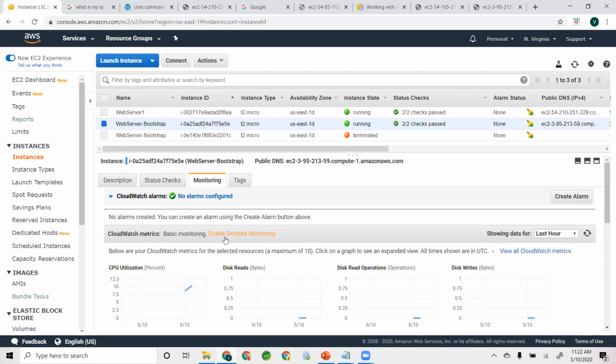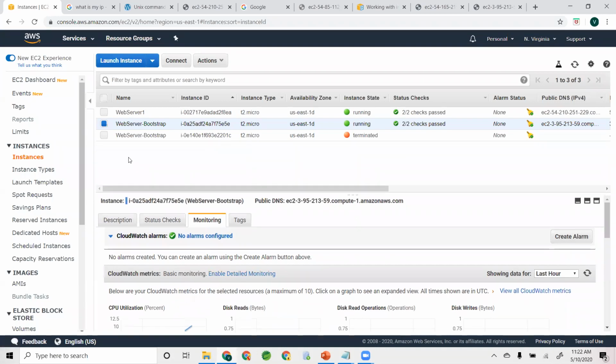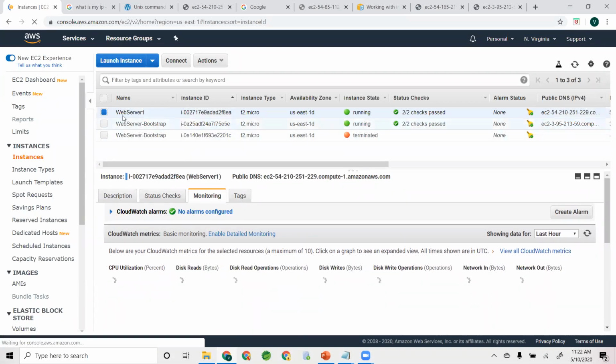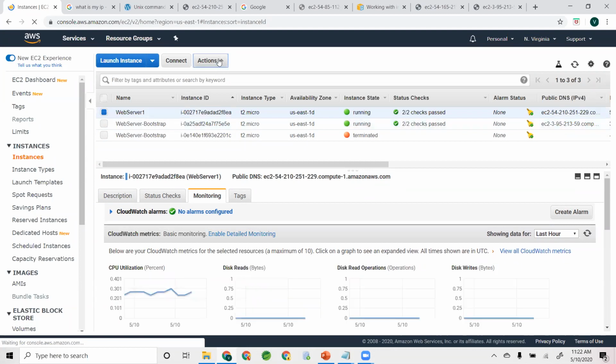I wanted to talk to you guys about a simple concept here. So I have two web servers. One is web server 1, the other one is web server 2. Let's say I want to log into this web server 1 and then say,